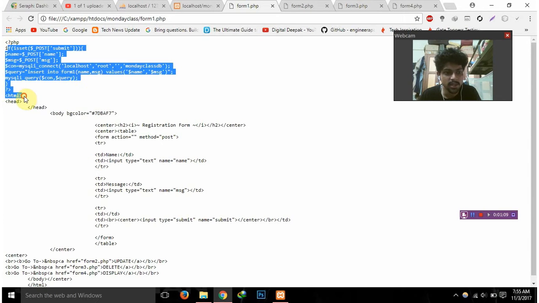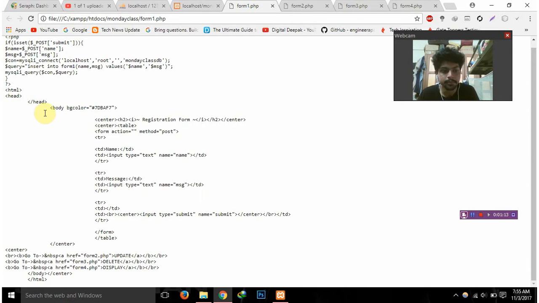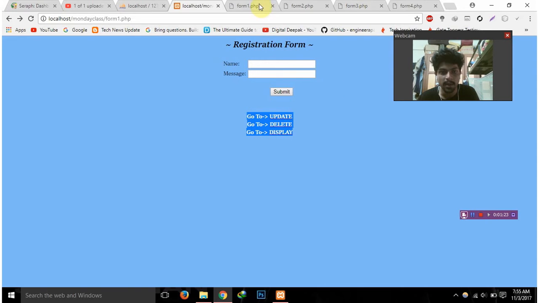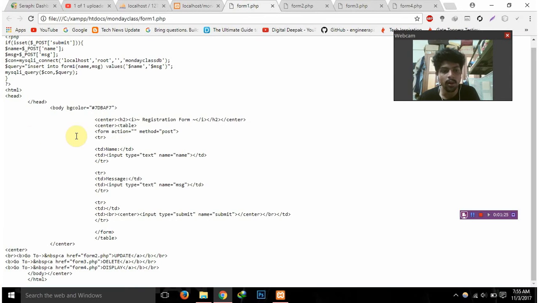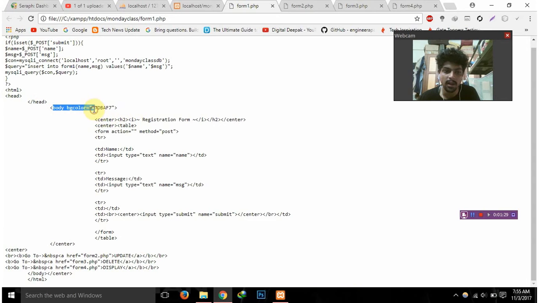Once the PHP is done, I've opened the HTML tag and then I've given the HTML. This is to make the registration form and everything look proper. So this is the registration form, with name, message, submit, and the links to update, delete and display. To make all those things in a proper way, we use the HTML code, and I have used the body background color of